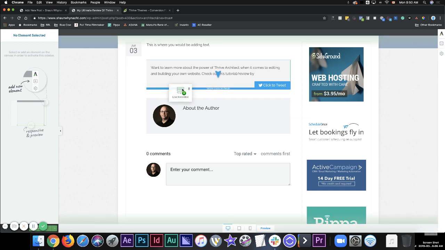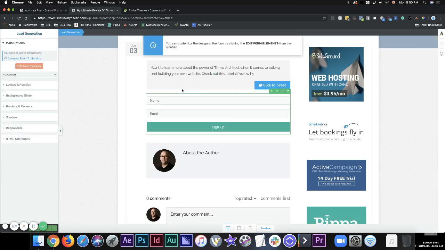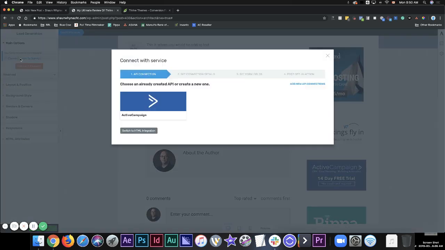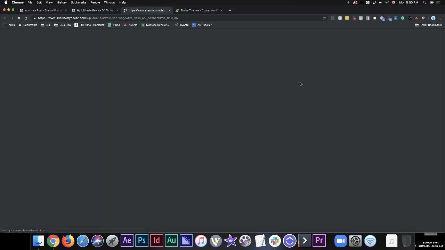We've got lead generation. Now, this is a powerful one. This is the one that connects to your Thrive Leads plugin. So if you're using a CRM, even if you've got MailChimp, we use ActiveCampaign, Infusionsoft, HubSpot, there's a whole bunch. It allows you to put a form in here that's going to push that contact through to that outside system. So we'll go ahead and click Connect to Service. We've already got ours connected to ActiveCampaign, but I'm just going to show you quickly all the different services